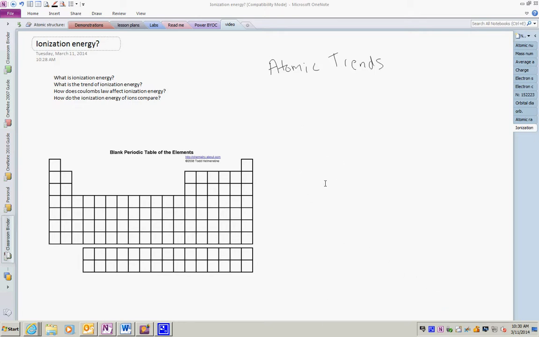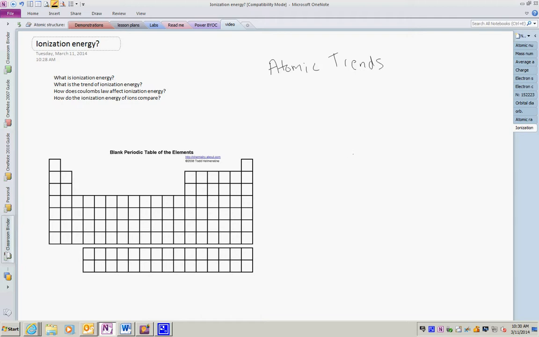Short video here on one of our trends of ionization energy. A couple things we'll look at during this video: what is ionization energy? What is the trend of ionization energy? How does Coulomb's law affect ionization energy, and how do the ionization energies of ions compare? First things first, let's take a look at what ionization energy is and how it relates to